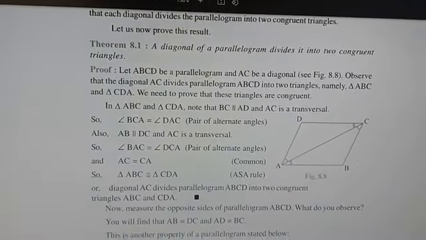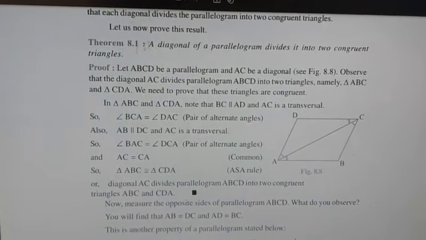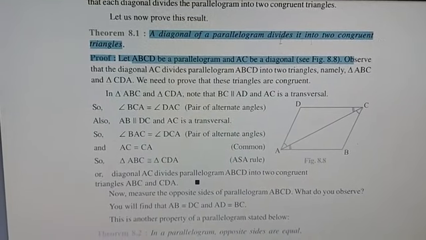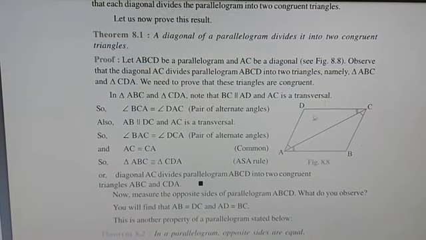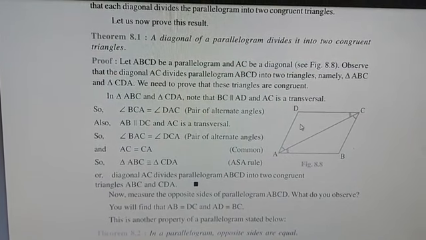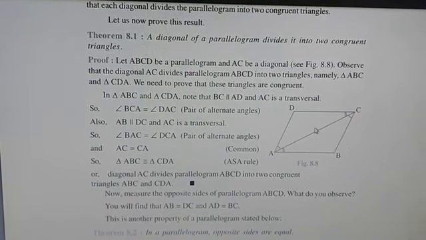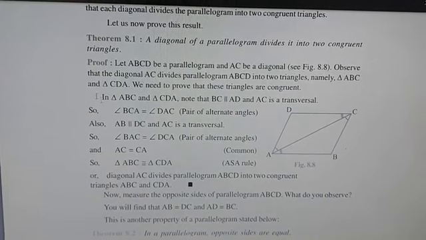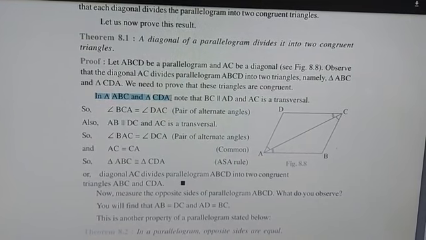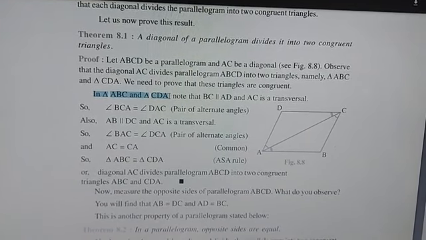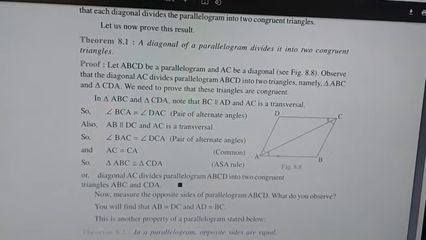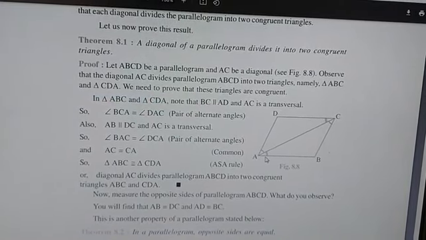Now we have to prove the first theorem, theorem 8.1. Note it down. The first theorem is: a diagonal of a parallelogram divides it into two congruent triangles. This means in a parallelogram, this diagonal is there and we have to prove both these triangles are congruent. Simply write from here that in triangles ABC and CDA, note this down, we want three things. First, you can name this one as angle 1 and this one as angle 2, or I will just write it in the notebook.